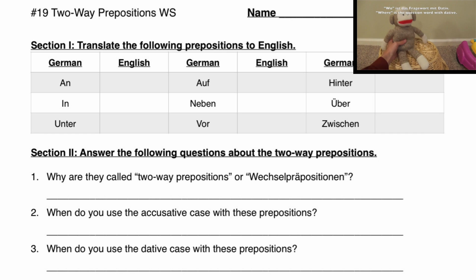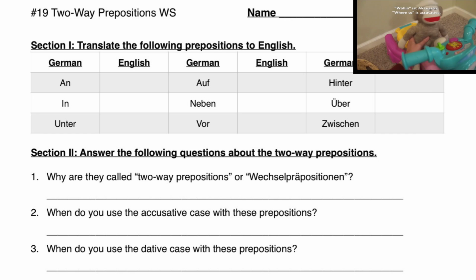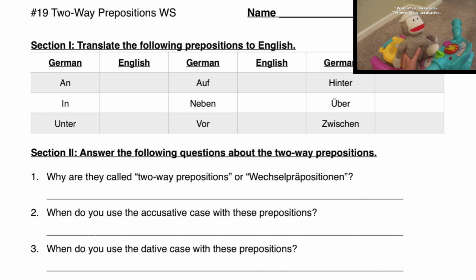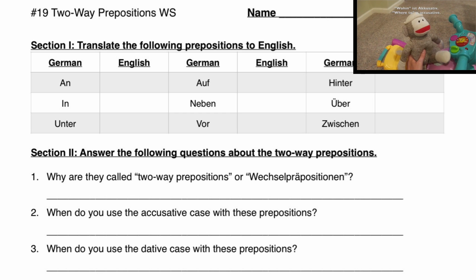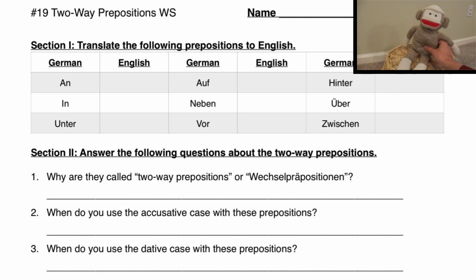Hi everybody. Today we're going to be doing another one of these worksheet explanation videos. Today we're talking about two-way prepositions, also known as Wechselpräpositionen, and these are the prepositions that could be either accusative